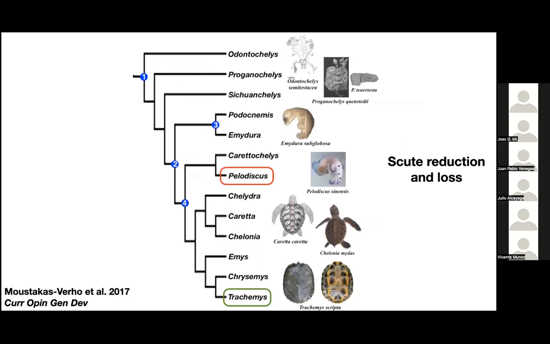So this green at the bottom is the turtle that I've been using for most of the experiments. It's a red-eared slider turtle. It's a pest, invasive species that's quite easy to get lots of embryos for doing these kinds of developmental manipulations. But the Pelodiscus, circled in red, is a soft shell turtle. And in this group, Carapacial and Pelodiscus, they're trionychids. There have been instances of scute loss and reduction.